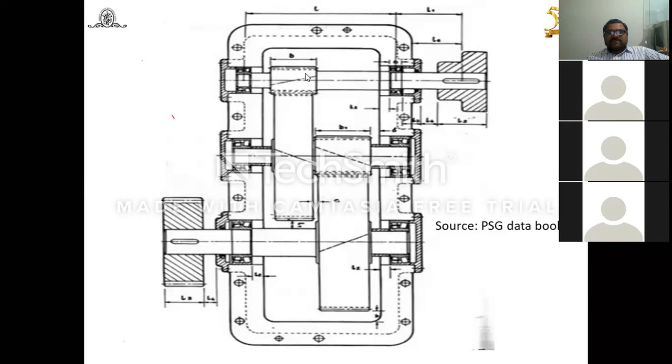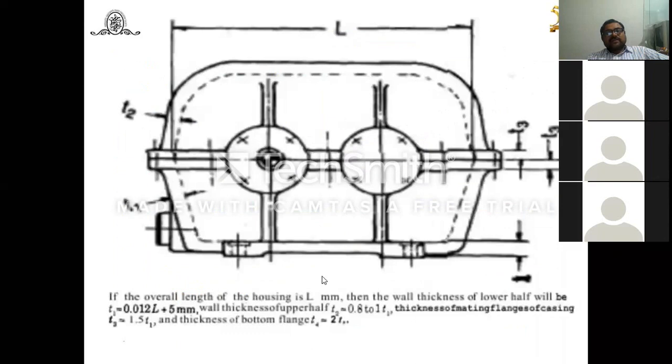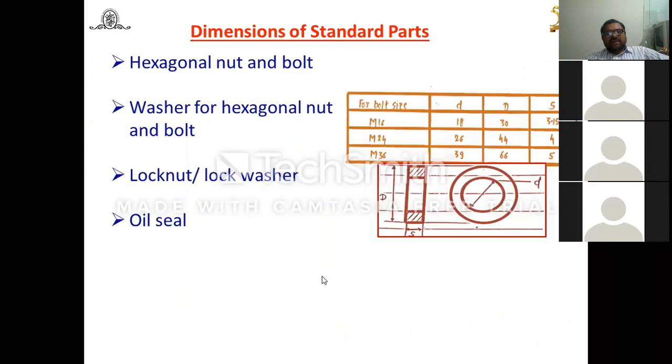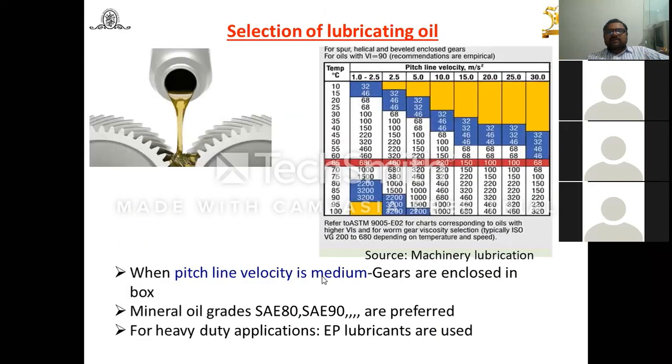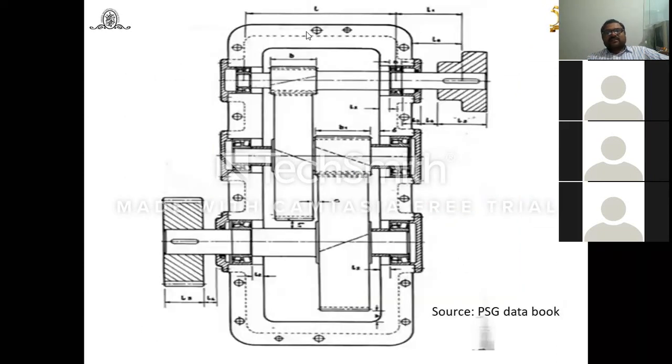Then again here, sometimes there is a representation for helical gears, horizontal. Then again, bearing caps. In this way, you have to construct the front view as well as the top view and the side view. Don't show the covered one directly. All the components of the gearbox should be visible while constructing it. Try to understand. Then the next one is a top view. I have taken the case, the same figure is here. Similarly, you can construct the front view and the side view. That work you have to do.